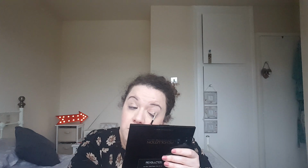I'm going to lightly apply that on both lids. I have used a lid primer, as you know, so I'm just going to lightly apply it on the lid. Yes, it is shimmery. And I'm going to be doing a matte eye, but I'm not putting as much on as normal. Just patting it on and then rubbing it out